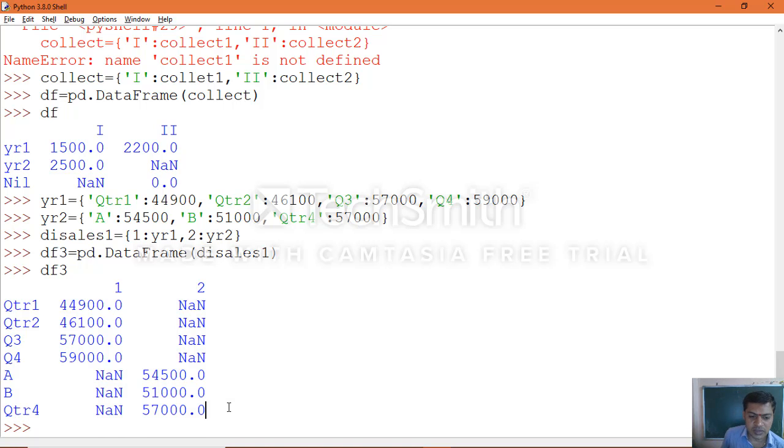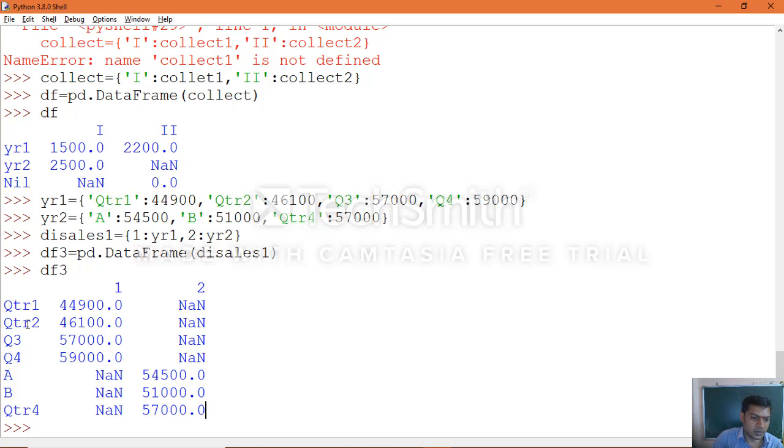Now there are two questions that were asked. First, list the index labels of the data frame df3. All the unique keys represented in a data frame are shown as row label indexes. The year1 dictionary has 4 unique keys, and the year2 dictionary has 3 unique keys, so 4 plus 3, a total of 7 unique keys, which you can see as row labeled indexes.